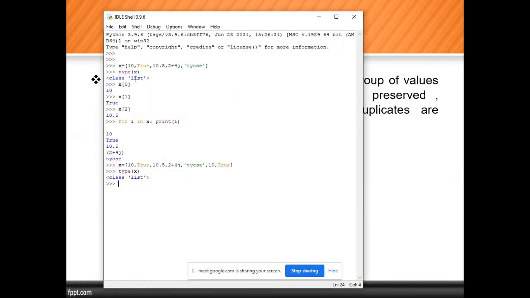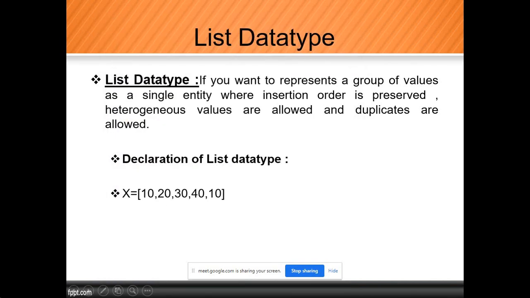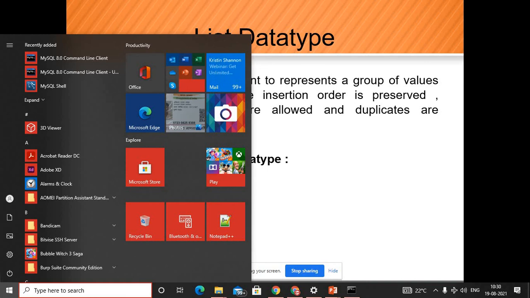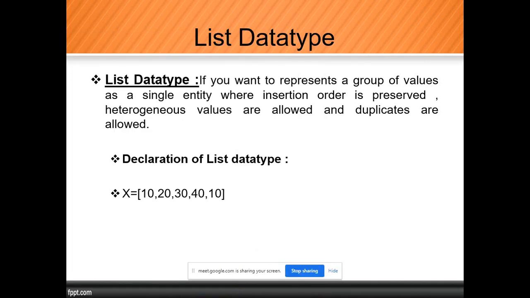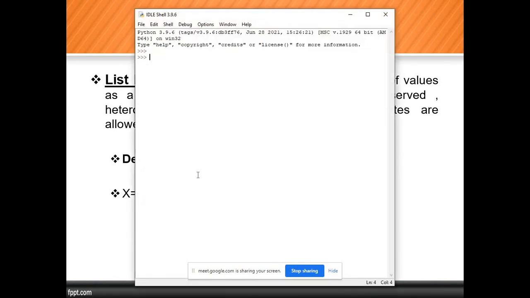Here I showed you by adding values. Now we will create an empty list, and after that we'll try to add elements. Now here x is equal to square bracket open, close. So this one is an empty list.